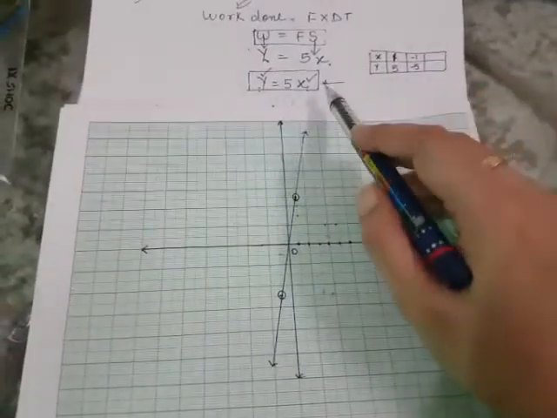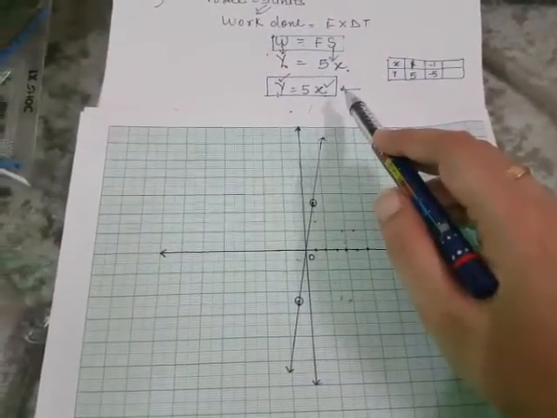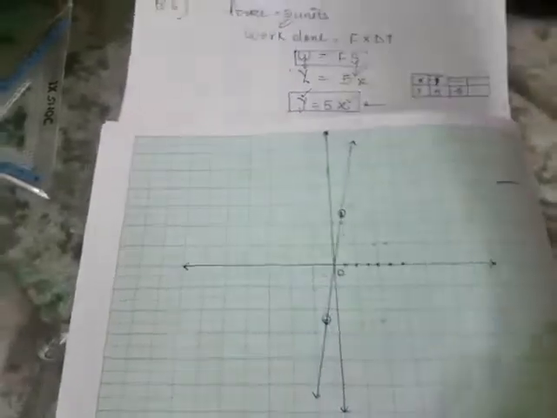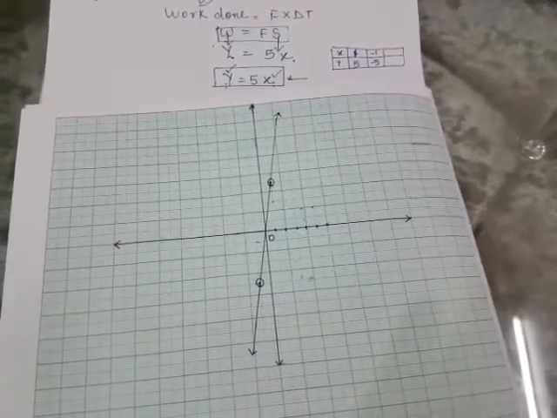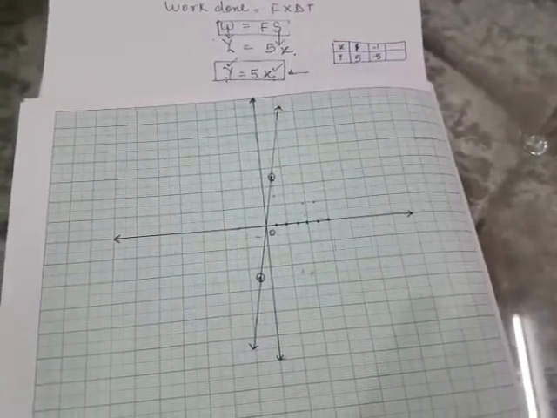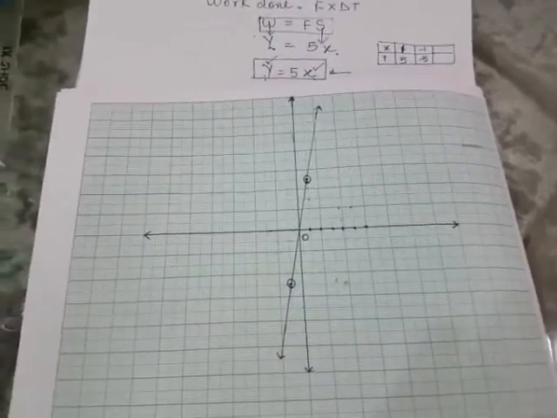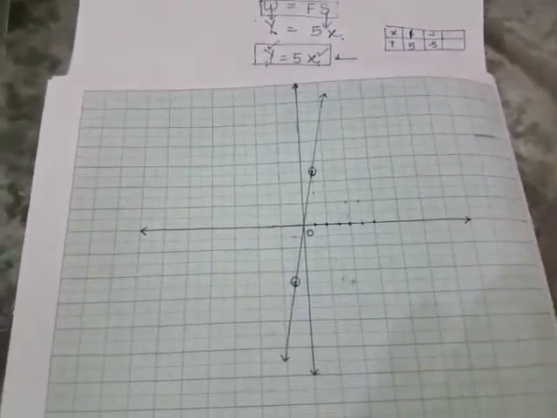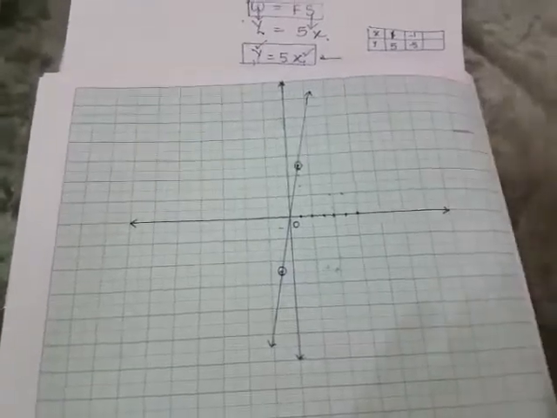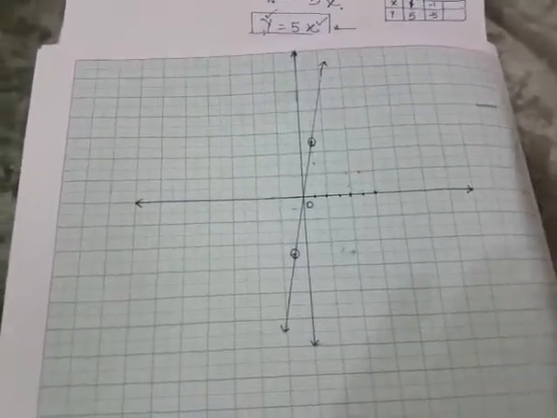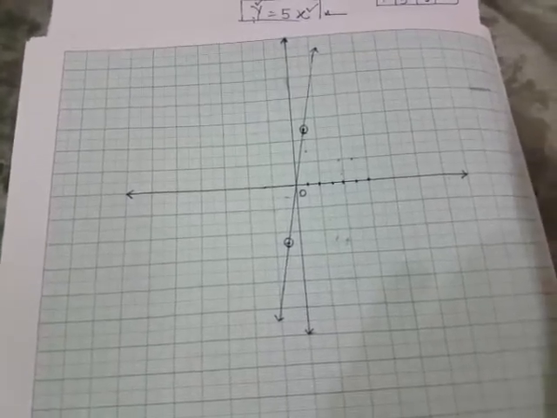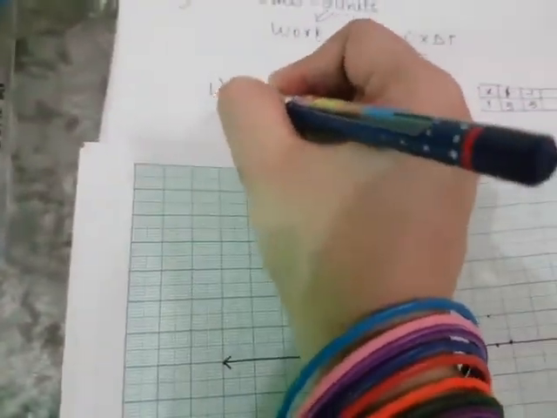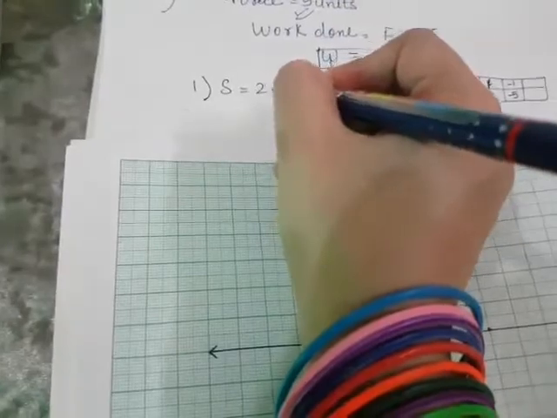After that, it is written, students, in the question that also read from the graph the work done when the distance traveled by the body is 2 units and 0 unit. What does it mean that also read from the graph? Read from the graph means you find out the solution from the graph. It means in the question they are asking the solution graphically, not algebraically. And they have given two parts. In the first part they have given distance traveled is equal to 2 units.